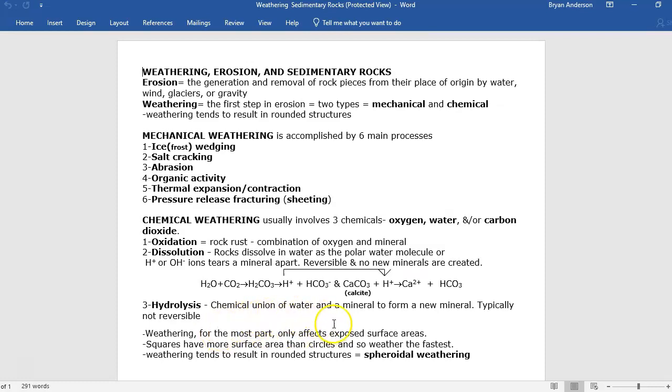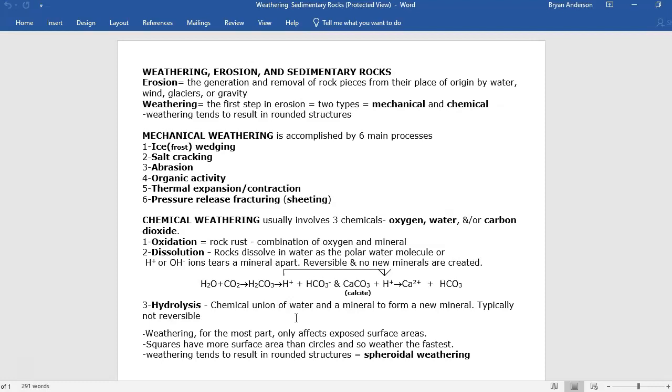Hydrolysis, the last one, is the chemical union of water and a mineral to form a new mineral. This is not reversible. There are some examples I'll have to show you in lab when we meet again a week from Thursday. But basically, if you remember potassium feldspar, that mineral, if you add water to that and enough